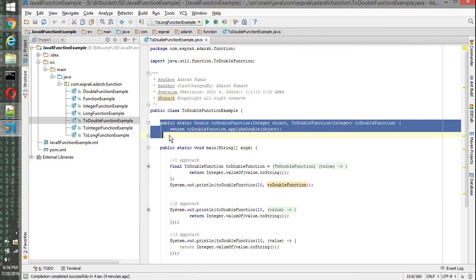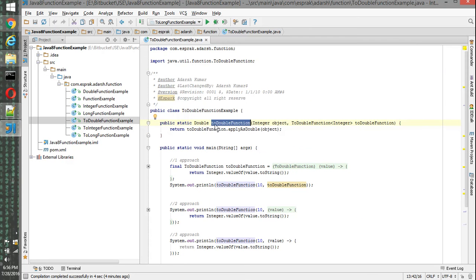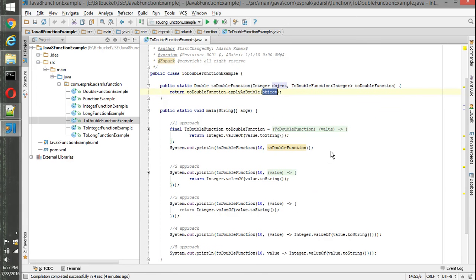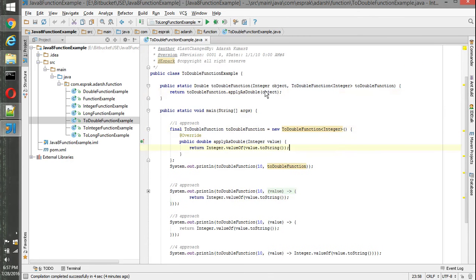I have created a function which is a ToDoubleFunction which accepts an integer value and an instance of ToDoubleFunction, and on that ToDoubleFunction it's going to call applyAsDouble. So as I told you earlier, it's going to accept an object, do some processing inside this applyAsDouble function, and return a double value out of that.